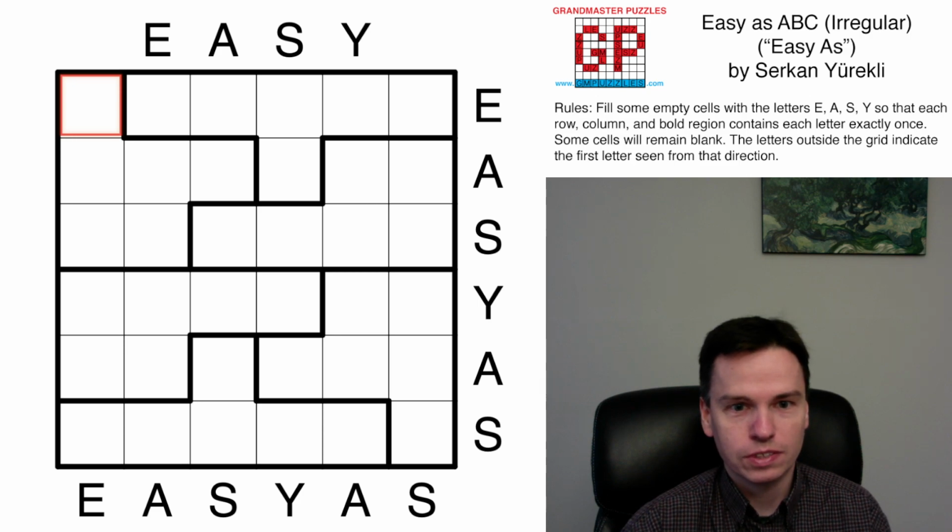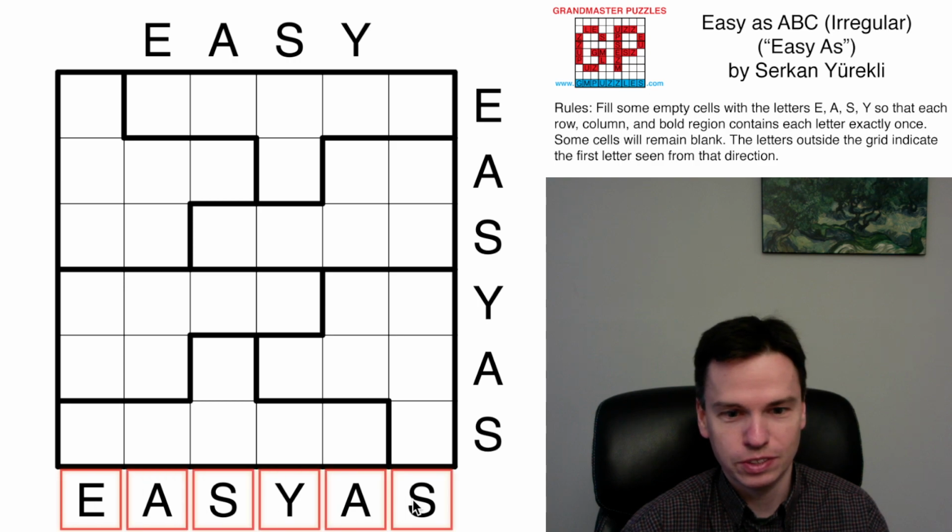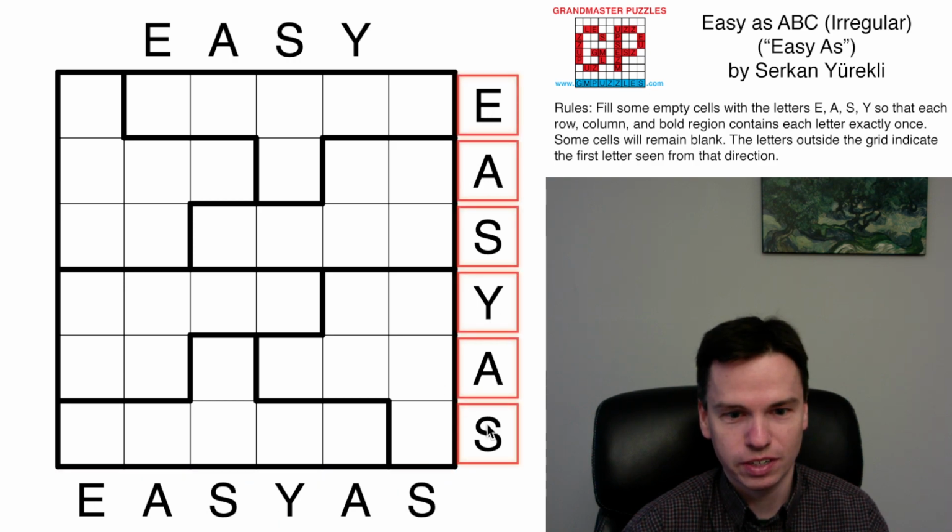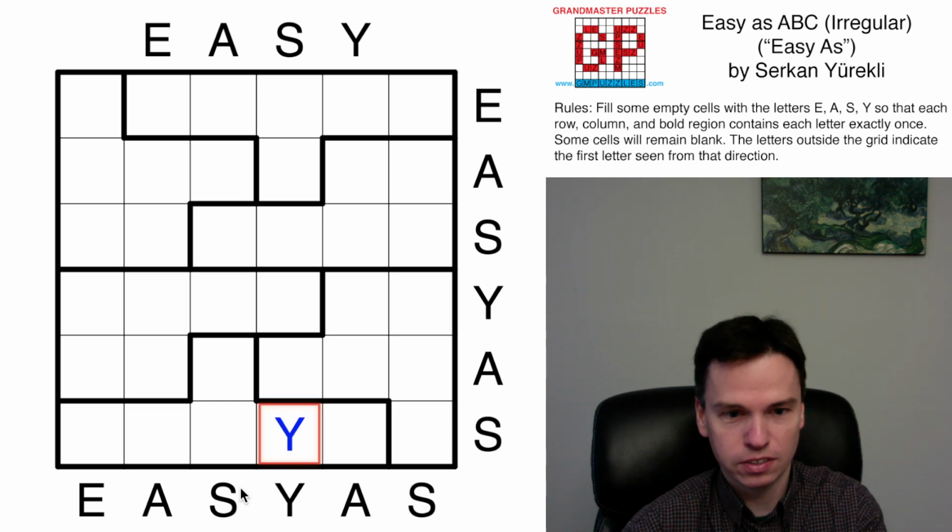So here, let's talk through this Easy as ABC Irregular puzzle by Serkan Yürekli. The theme is also Easy as. You'll see those letters on the right and bottom of the grid, and every time we have all those clues given, any unique letters, so Y and E are unique letters along those sets, those must be placed in those